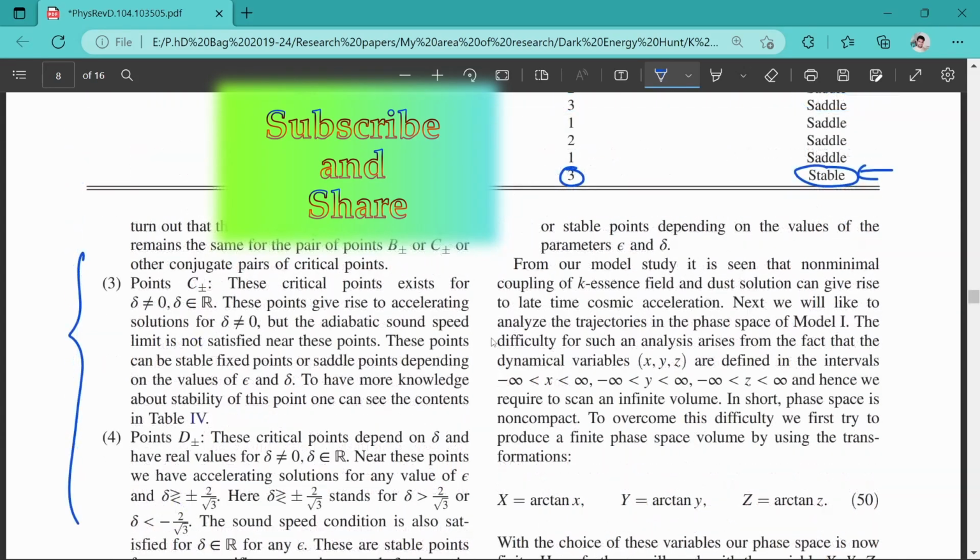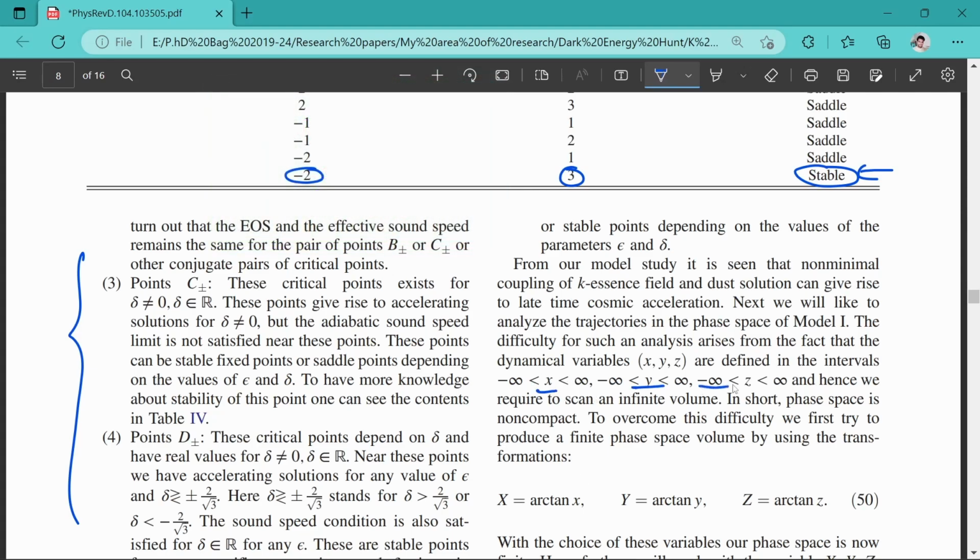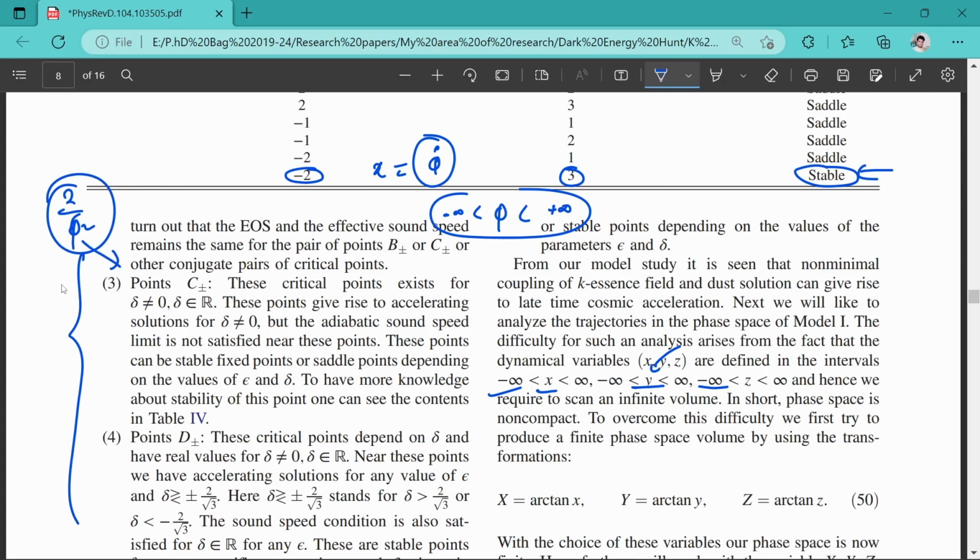And now let us try to understand the dynamics. What we try to understand is what could be the phase space, and this phase space is defined by the variables that we have defined, x, y and z. When you define x, you can see that phi dot and phi can take any value between plus infinity and minus infinity. In some sense x becomes minus infinity to infinity. Similarly y can also become minus infinity to infinity, because it depends on the potential, and the potential is like 2 by phi square, and again phi can take any kind of value, so it is legitimate that it can take any value.